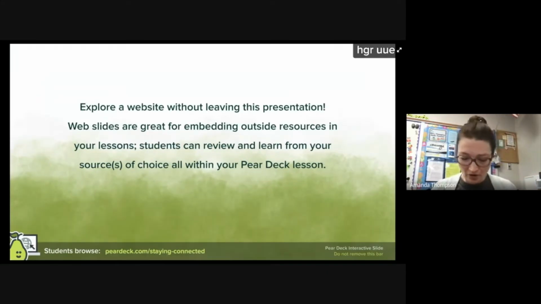And then you can also have websites embedded and videos embedded. So then students can click right from the Pear Deck to get to where they need to be. So this is an example of a website embedded. And this slide I took from Pear Deck, so I hope that link works. But if not, when you're embedding them,